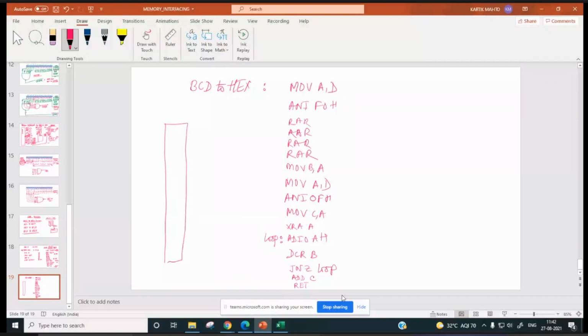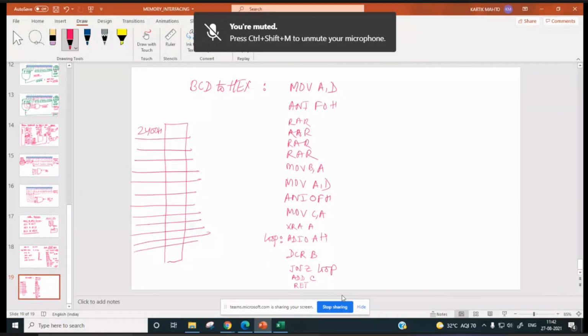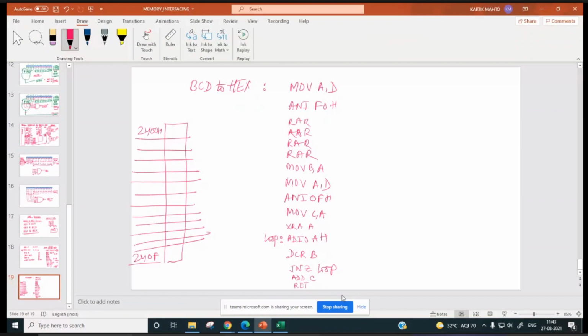Now suppose here, 2400H onwards, we have 16 bytes. 240F, 16 bytes are there. 2410, 16 bytes are there. Now each byte is in BCD.